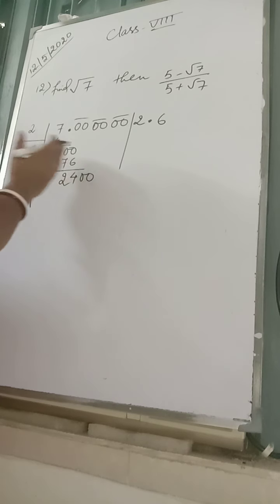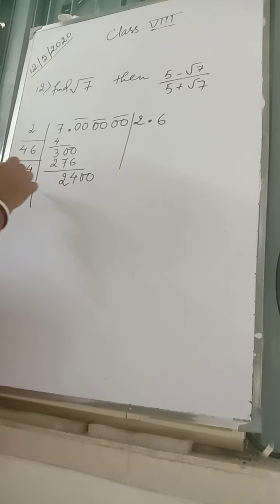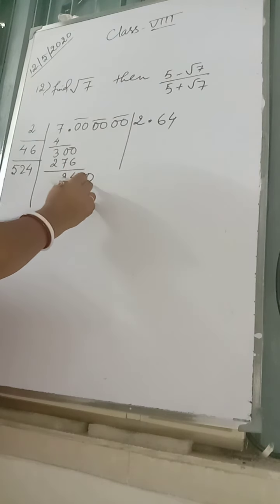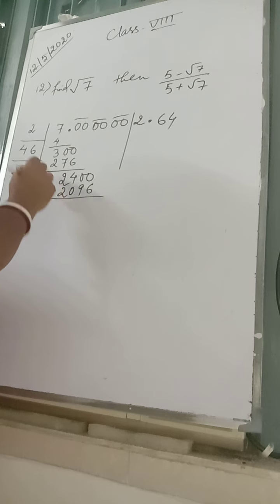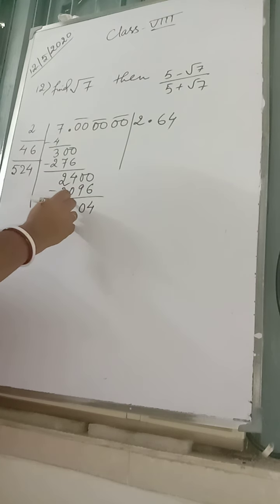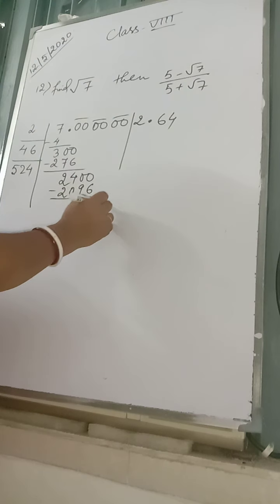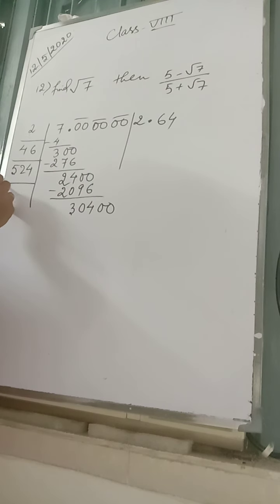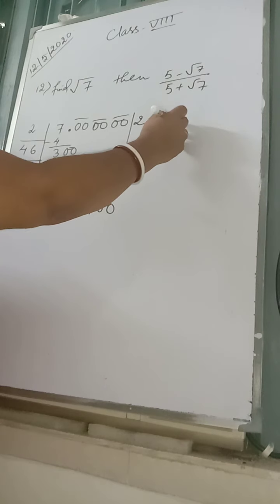Now hide 1, hide 2. 5 4s are 20. So 4 4s are 16, 4 2s are 8 and 1 is 9. 4 5s are 20. 10 minus 6 is 4, 9 minus 9 is 0, 3. Then another 2 zeros. 528, 2 digit, 3 digit. 5 6s are 30. Exact 30, so we will place 5.